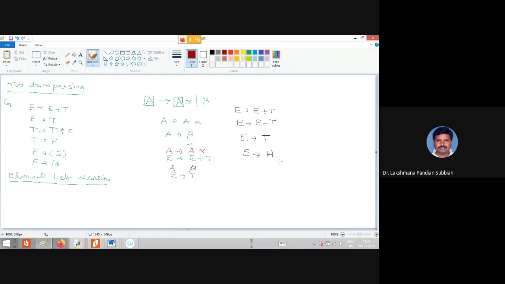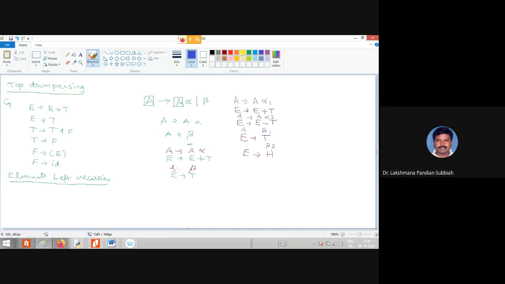If you consider this as A, it starts with the same non-terminal A. This is alpha 1, this is alpha 2, and the ones that do not start with the same non-terminal are theta 1 and theta 2.